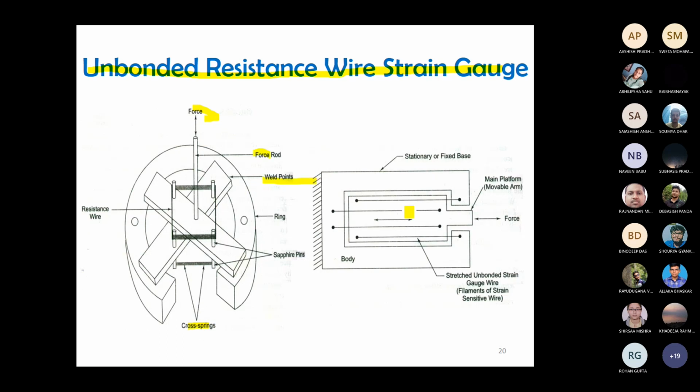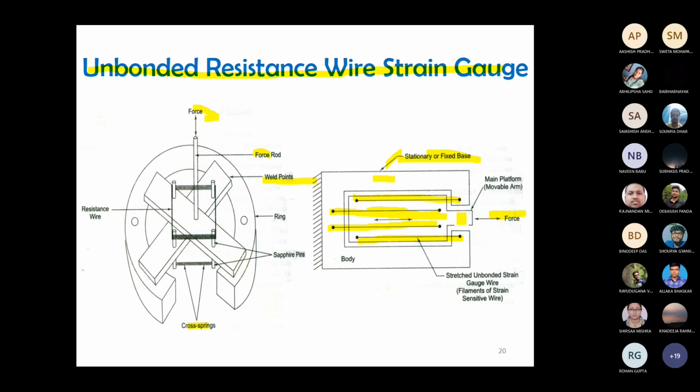And from the diagram you can understand that you are providing the force to these points, and now they are connected like a wire. String wires are there. From here to that terminal, another two from this terminal, another two from the opposite terminal. This is stationary, your fixed part. So that is the wire strain gauge I am talking about.